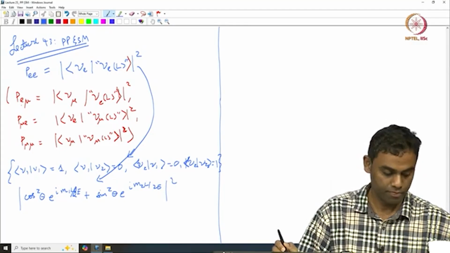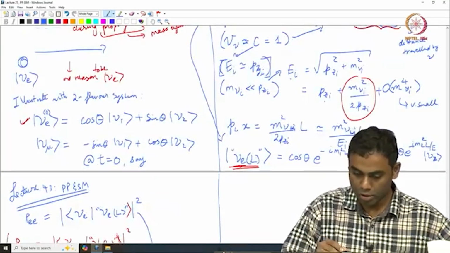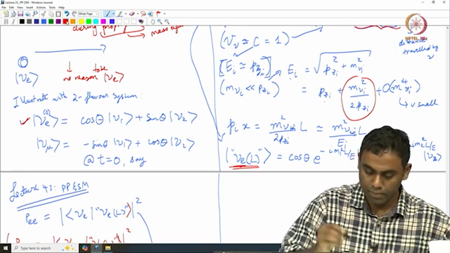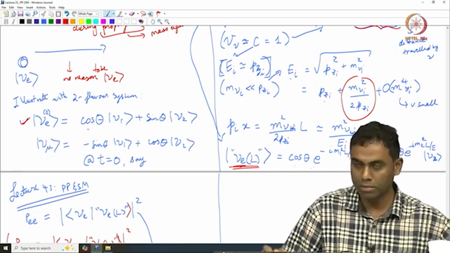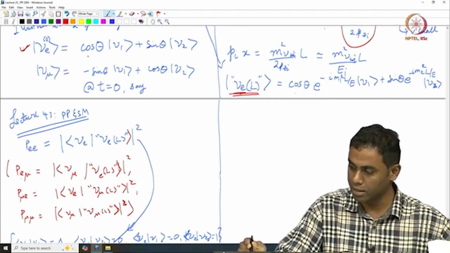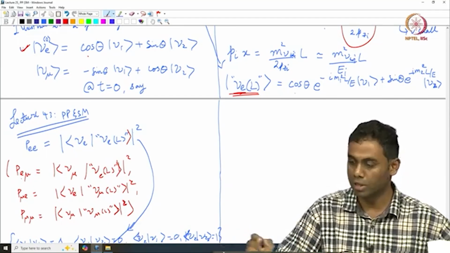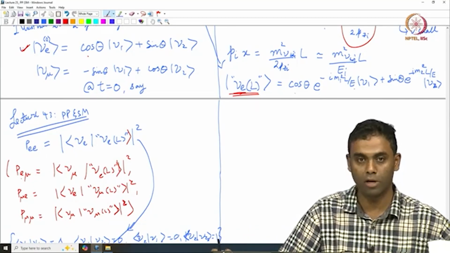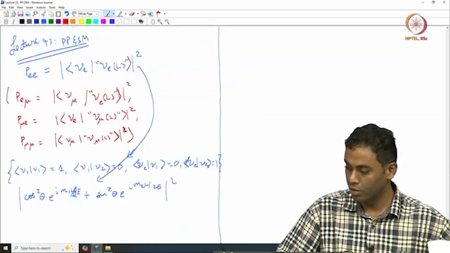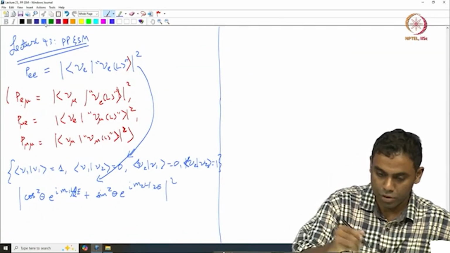Was that clear what happened here? I took the cos theta here, hit it with this cos theta, that's why I get a cos square theta, and then I hit the sine theta with this sine theta, so I got a sine square theta, and the other terms basically go to 0, and the e power i terms just go for a ride. Now further I can simplify this to write,